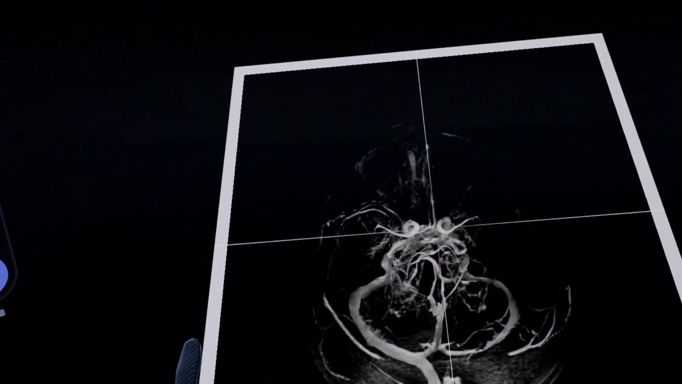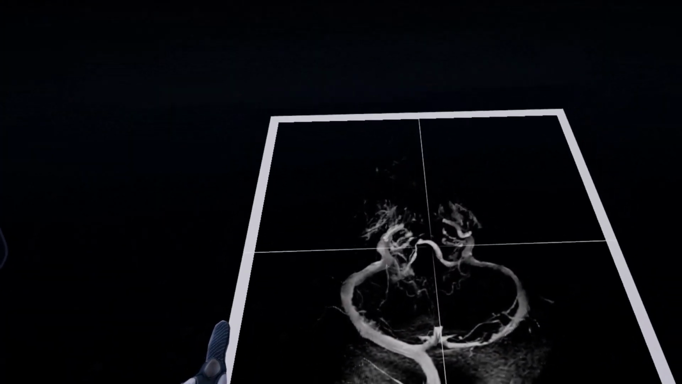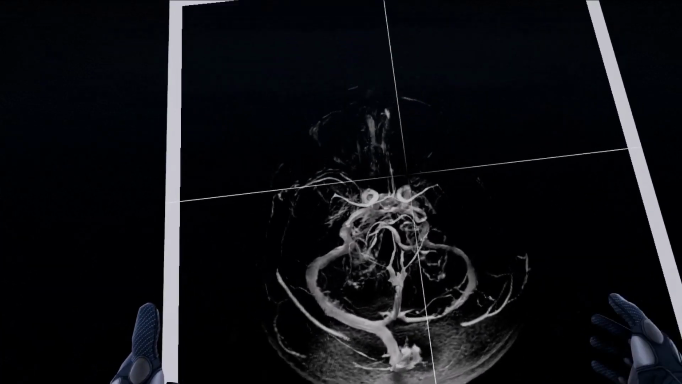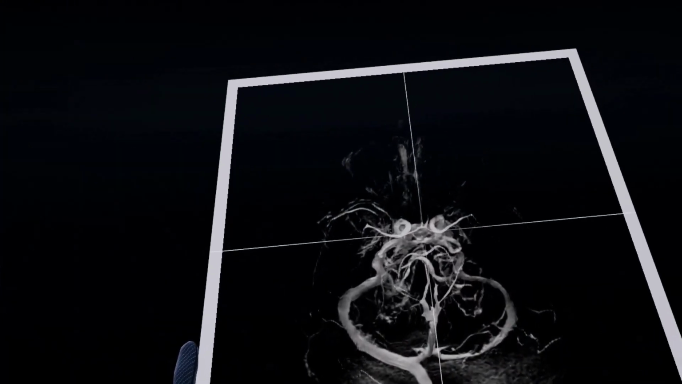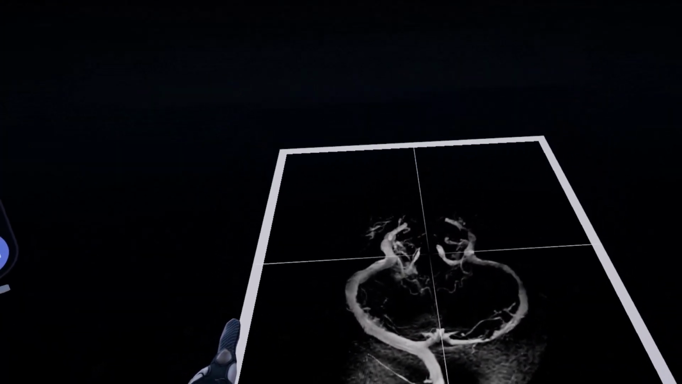On the maximum intensity projection, MIP, reconstruction, contrast media inside the vessels as well as the areas of contrast uptake are seen bright. It is an extremely useful tool to assess general vessel anatomy and the relationship between contrast-enhanced areas and large